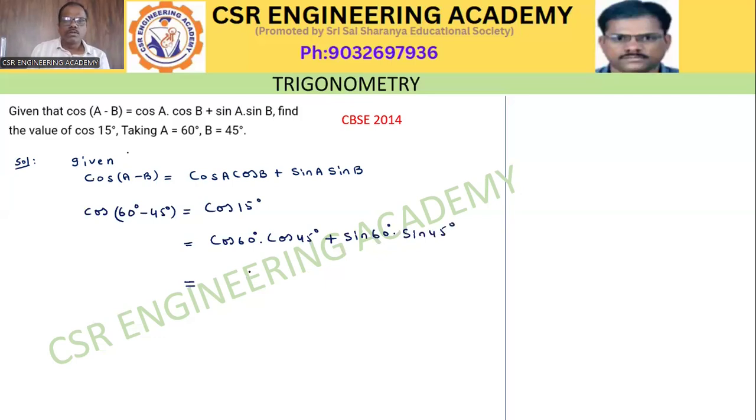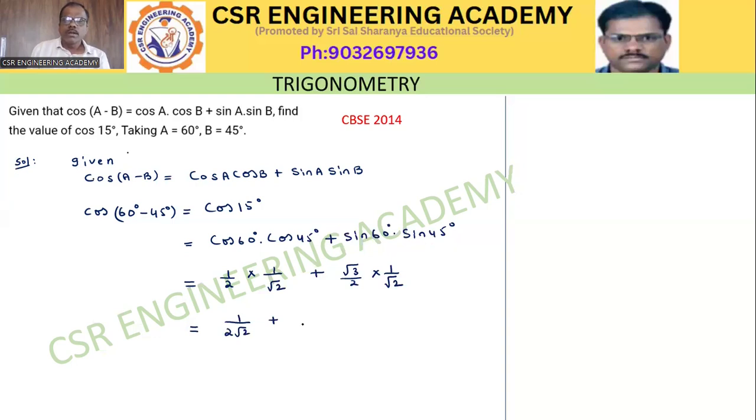Cos 60 degrees is equal to 1 by 2, cos 45 degrees is equal to 1 by root 2, sin 60 degrees is equal to root 3 by 2, sin 45 degrees is equal to 1 by root 2. That is equal to 1 by 2 into 1 by root 2, which is 1 by 2 root 2, plus root 3 by